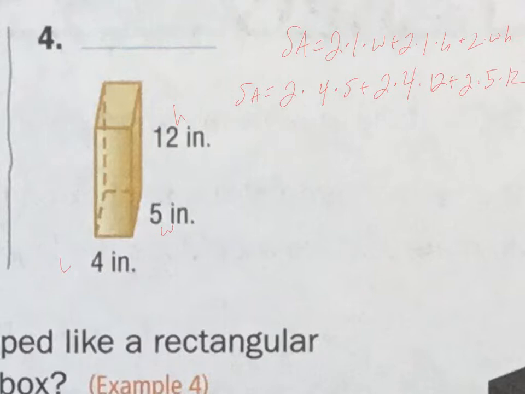2 times 4 is 8. 8 times 5 is 40, plus 2 times 4 is 8, and 8 times 12 is 96, plus 2 times 5 is 10. 10 times 12 is 120. So we have 96 plus 40,